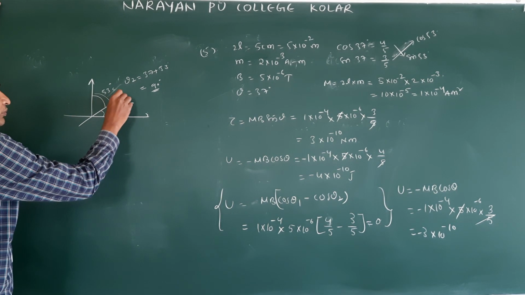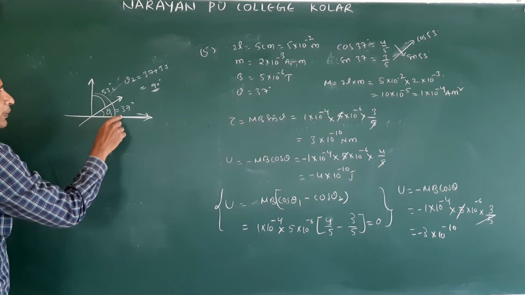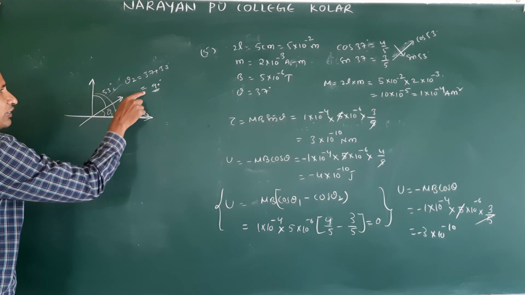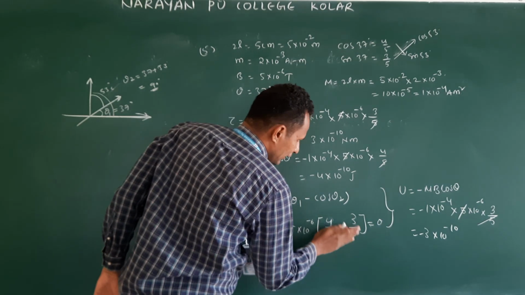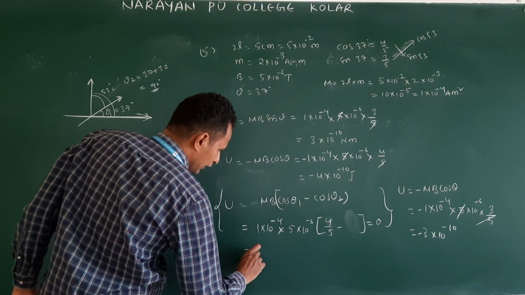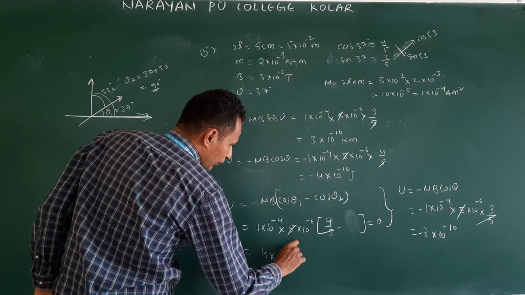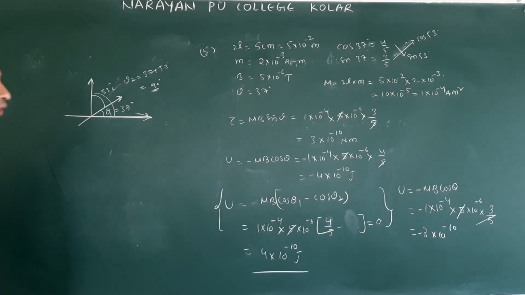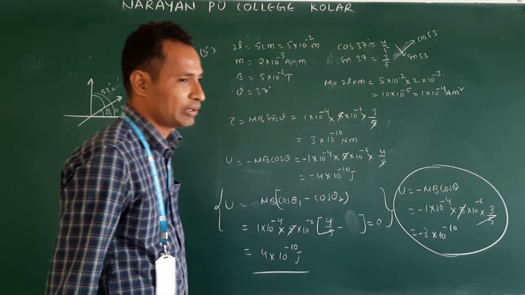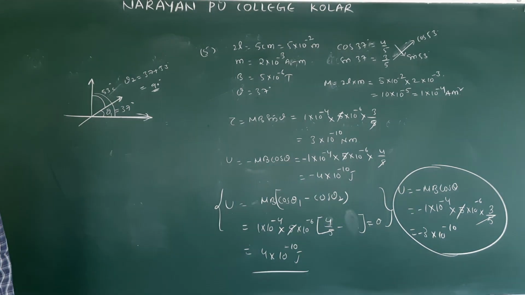They did not mention clearly in the question. They rotate from this axis 53 degrees. Okay, from horizontal what would be the angle? 90. Initial angle to the horizontal 37. Final angle to the horizontal is 90. Then cos 90 is 0. Then we will get 4 into 10 power minus 10, 5 cancel. So 4 into 10 power minus 10 joules. Clear? So this approach is wrong. But why did we approach that? Because there is no clarity in the question. If you follow this one, then we will get the answer.